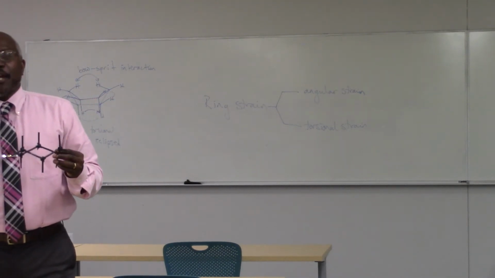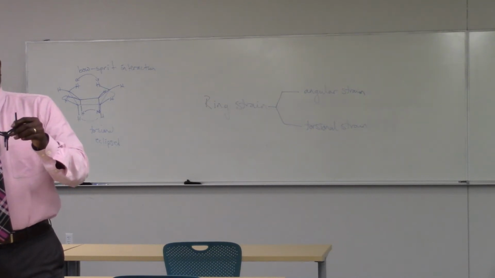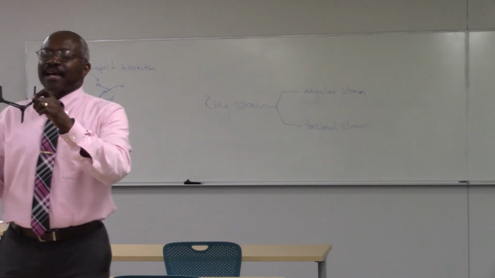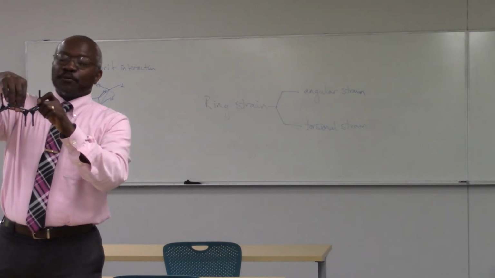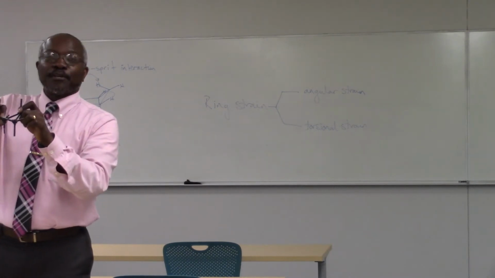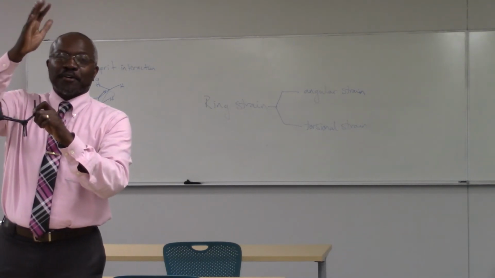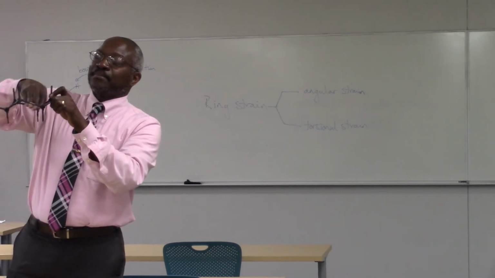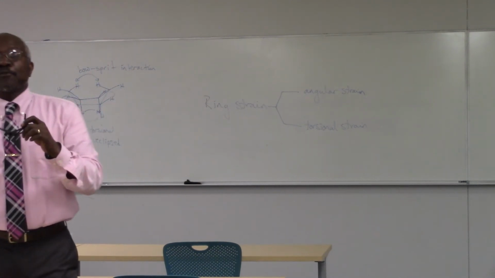We call this one a chair conformer. And this takes a bit more imagination. The chair is an extended lazy boy. So you can imagine that this is the back that you're leaning back on. This is where your butt would go. And then your legs would fold over this part. This would be the pocket for your remote control. That's the pocket for your soda or whatever you drink, or your coffee, or your beer, I guess. So it's an extended lazy boy. Back, butt, the back of your legs folding over here. Okay? It's an extended lazy boy. So it's called a chair conformer.